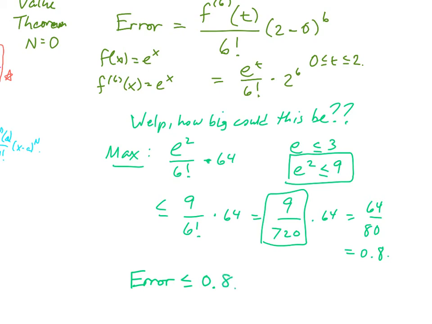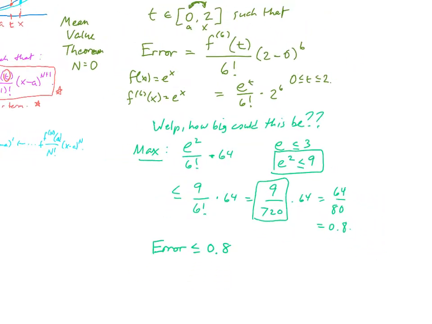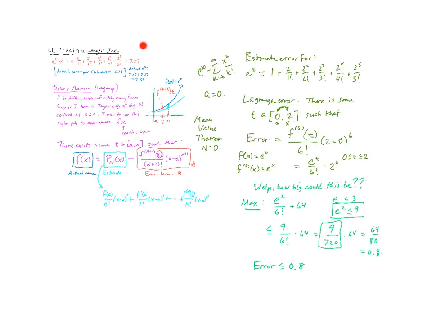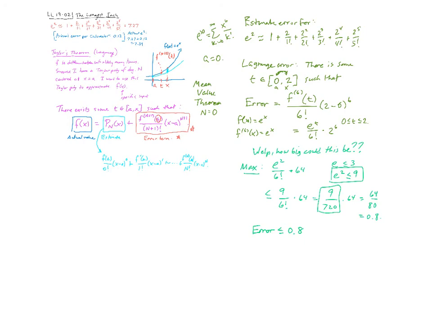All right? So that means that whatever happens, I know that this estimate that I got back over here, when I did this sum, got 7.27, I know that the actual value of e squared has to be less than or equal to my estimate, 7.27, plus this error term of 0.8. So e squared is going to be somewhere between what I got, 7.27,